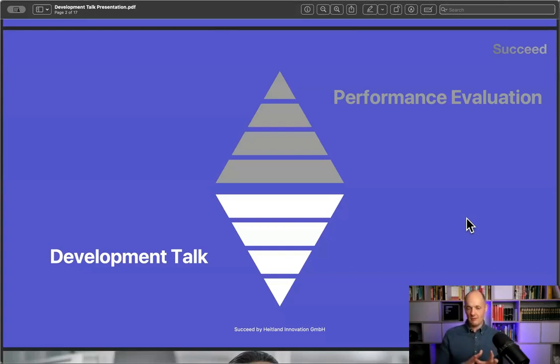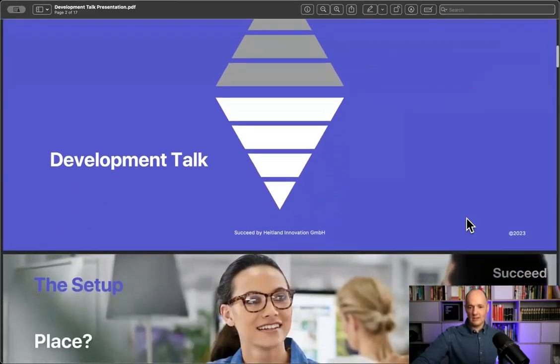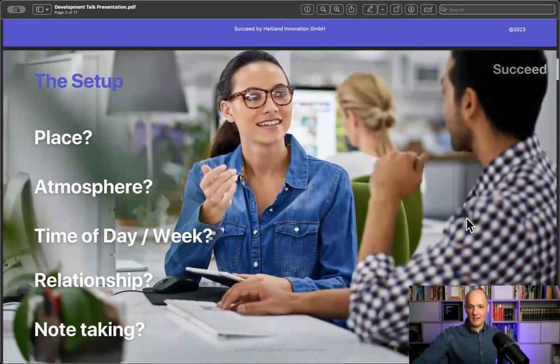So first and foremost is really the focus on the individual. Where do you want to be as an individual? And then we look into how that matches the need of the organization, so that if you have a team, you can then match the people in a proper way. So that's high level. It is really all about the development talk and then going towards finding out what the individual wants. And I'm just starting with the setup.